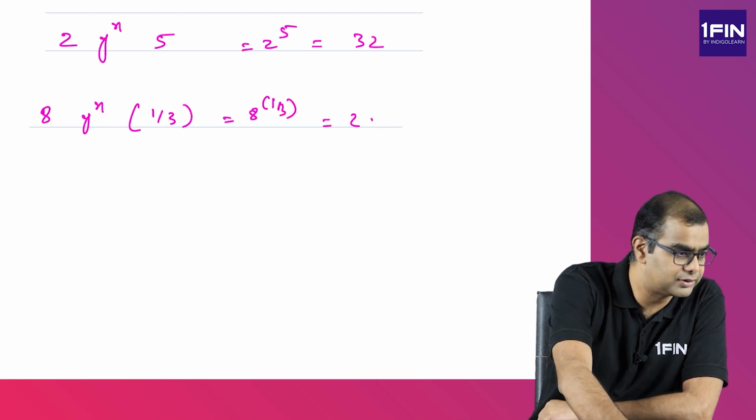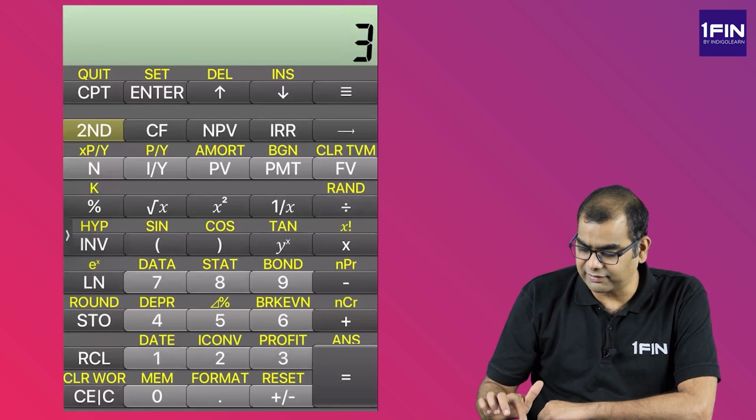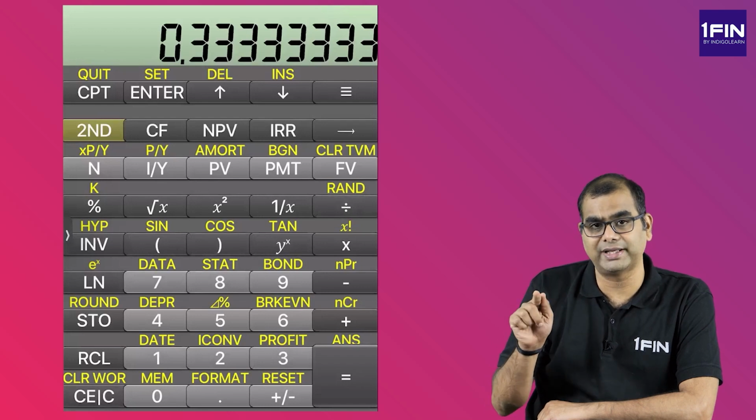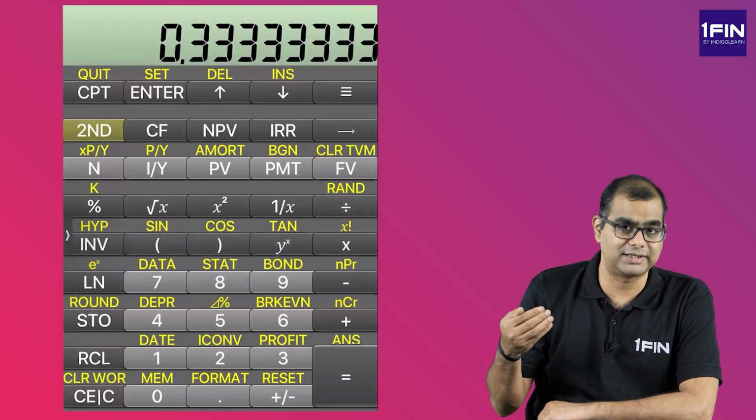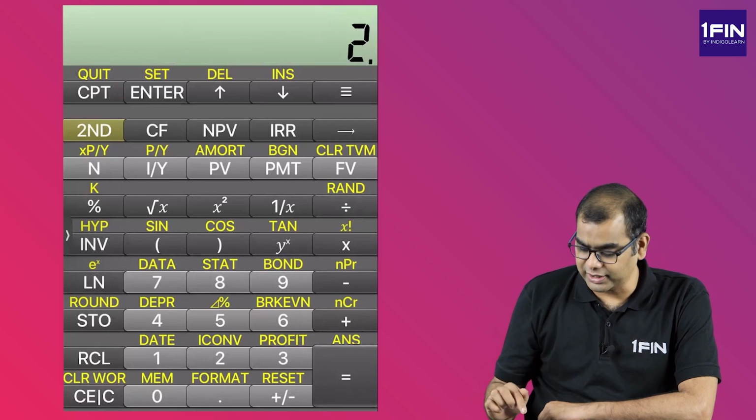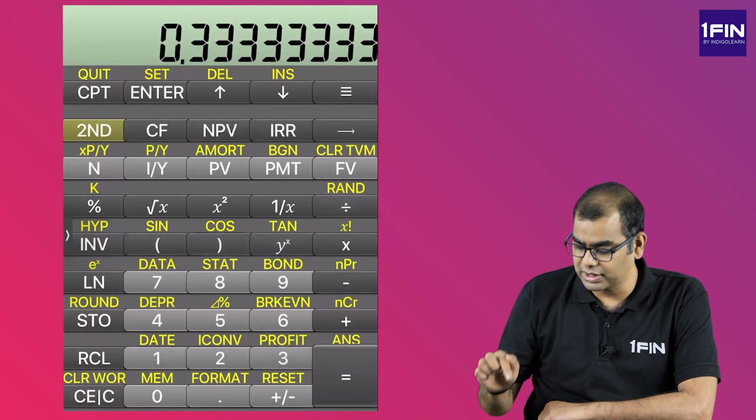But how did I do it? 8 y by x, bracket open, 1 by 3, and when I close the bracket, the value of 1 by 3 comes in, which is 0.333. And this is the answer only for 1 by 3, which is 0.33. It is not 8 power 1 by 3. I have to press is equal to get the answer. Okay, so doing once again, 8 y by x, bracket open, 1 divided by 3, bracket close, is equal to,